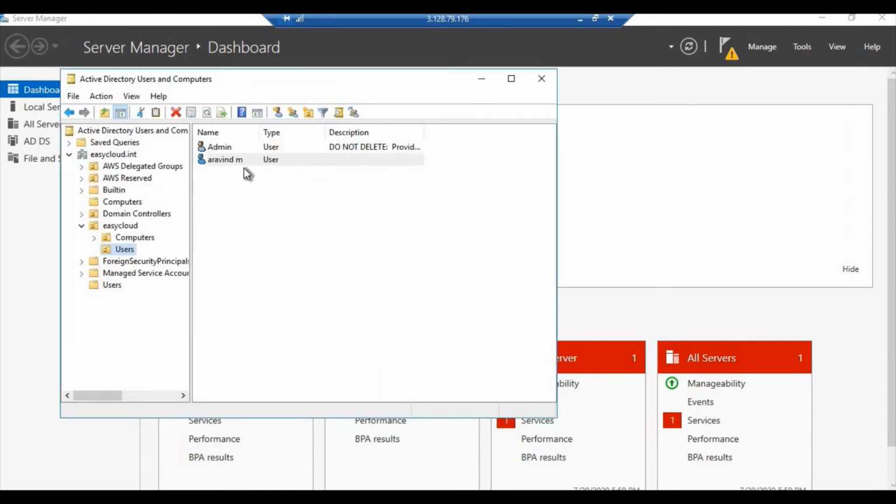Finished. So we have successfully created this user. We need to give some feature or some permission to this user, right? For that, we need to add this user to some group.